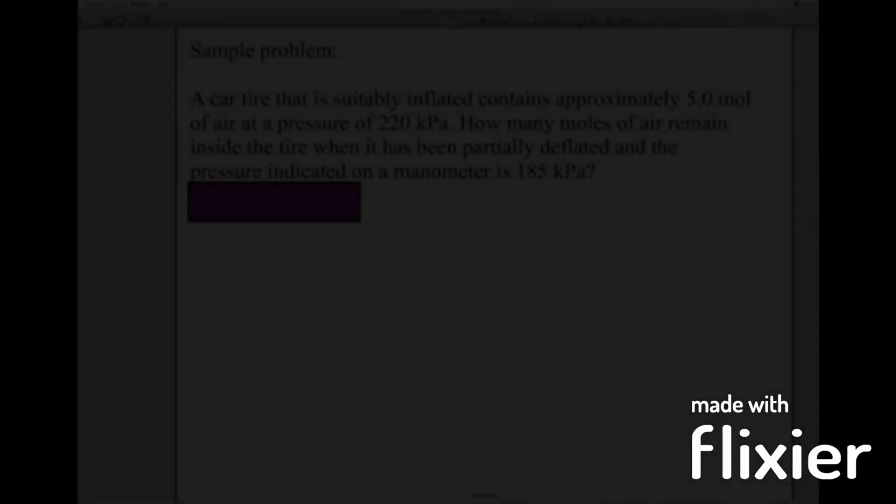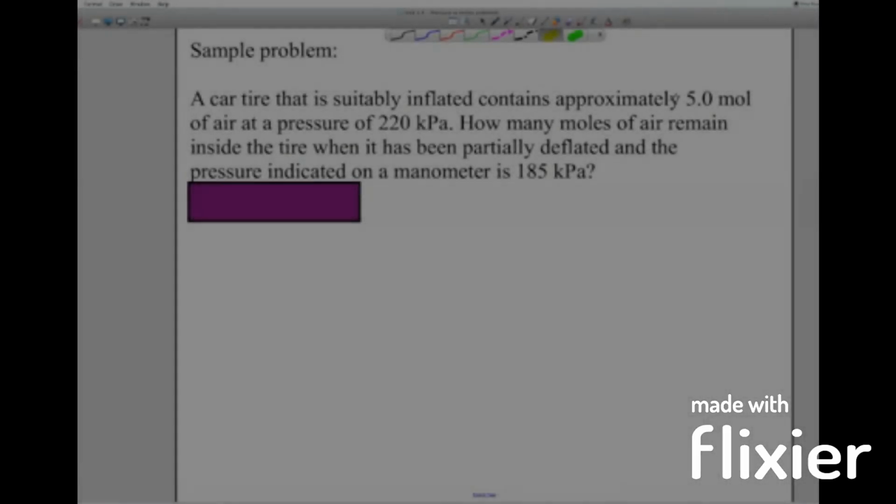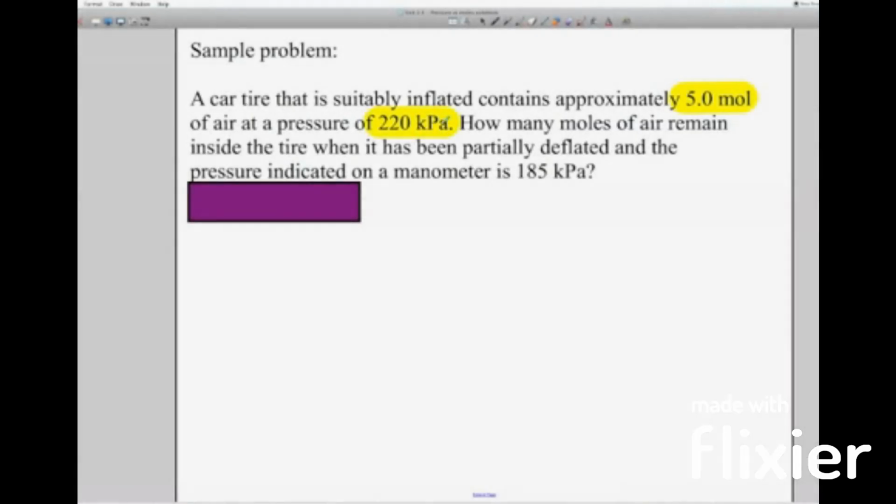We have a car tire that is suitably inflated, containing approximately 5 moles of air at a pressure of 220 kilopascals. How many moles of air remain inside the tire when it has partially deflated and the pressure indicated on a manometer is 185 kilopascals? So what we're going to do here,